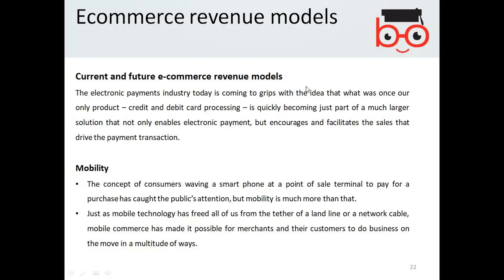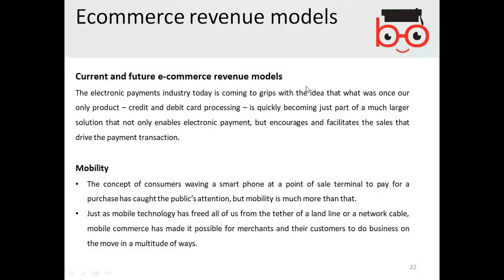So from the beginning it used to be just card processing, but now electronic commerce models have given facilitation to the sales and payment transactions.